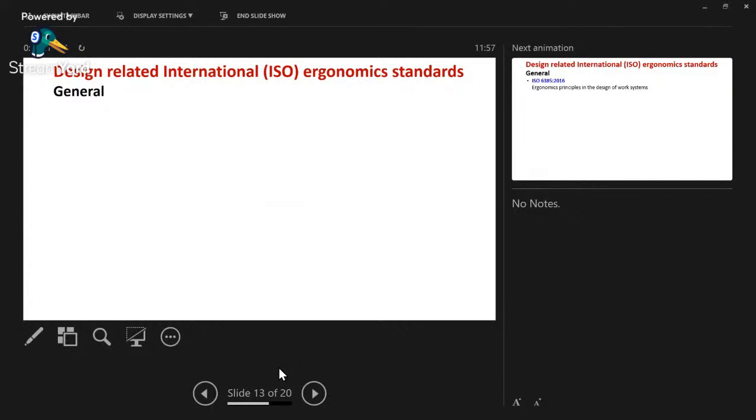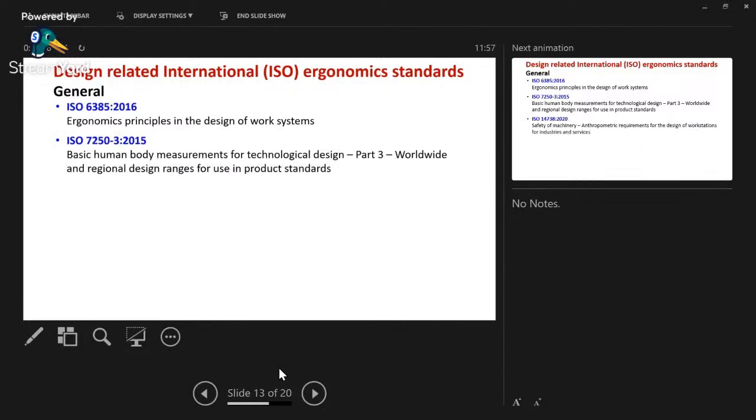Today, there are around 78 standards, at various stages of development, and the specific design-related standards at the ISO level are, you can say, some of them are general design-related standards. As I said, the mother standard being ISO 6385, it talks about the principles in the design of work systems. Then we have 7250-3, which, as I just said, talks about how you can apply the anthropometric data